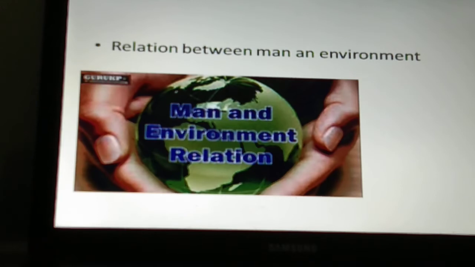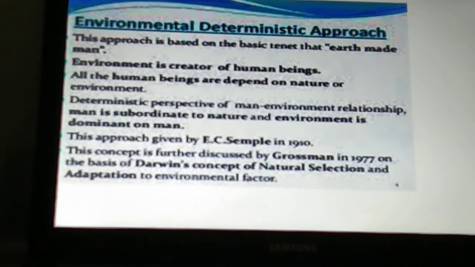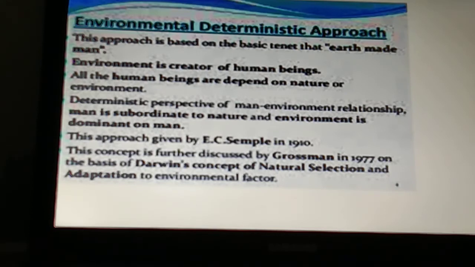There is a great relationship between man and the environment. How? Because the relationship between man and the environment is well established from the earliest time to the present day. The relationship has varied during different stages of the evolution of humans and society. The environment influences the life of human beings. Humans adapt to their changing environment, but sometimes if they modify the environment, it can cause damage to us. There is an approach called the environment and human relation approach, which is based on the earth making man.